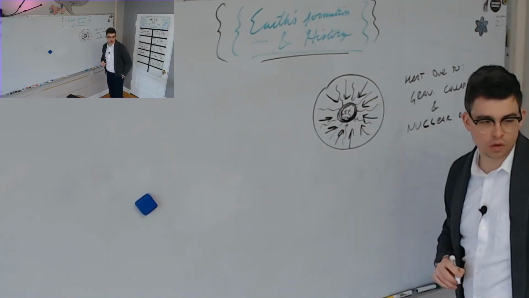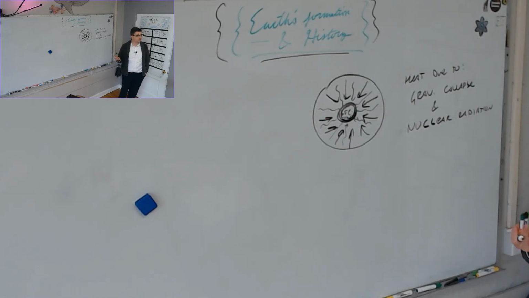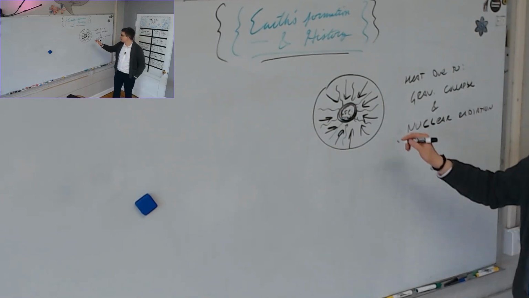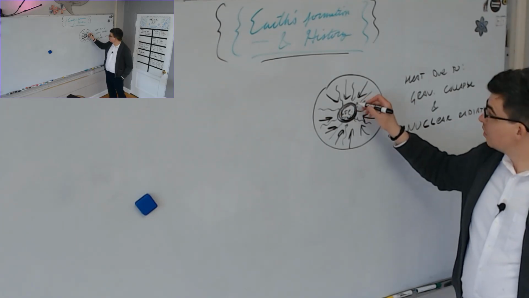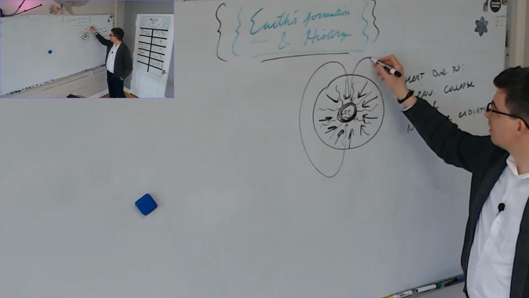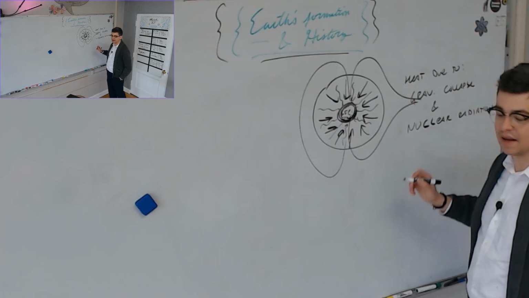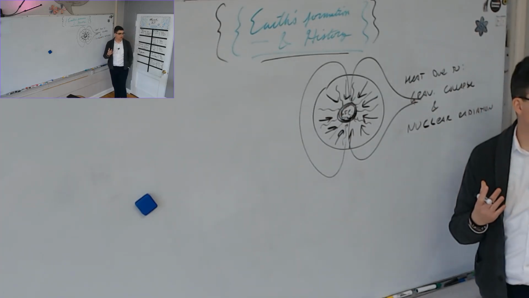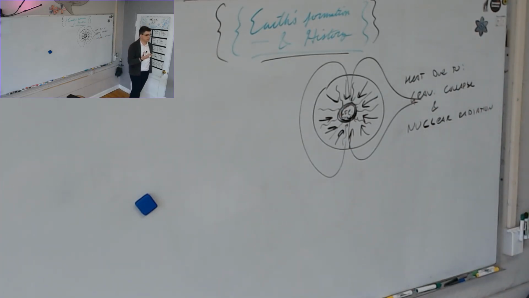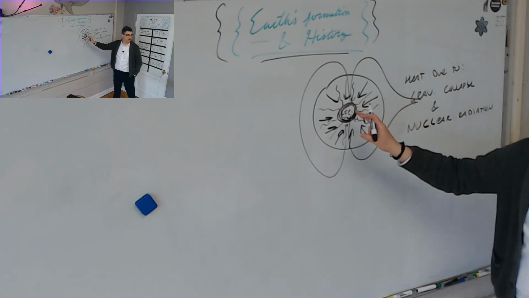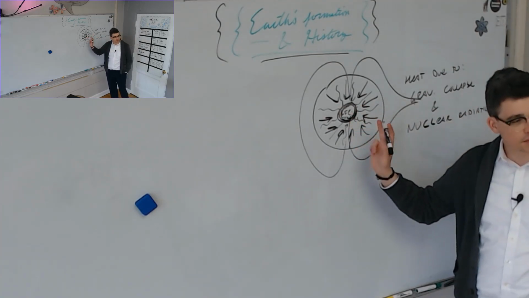How do I know Earth's core is iron and nickel? I know because I read it. How does someone know that Earth's core is iron and nickel? Because of Earth's what? That only exists due to iron and nickel and the spinning of them. Earth's magnetic field. The magnetic field that exists around Earth means that something about Earth must be iron and nickel because they are ferromagnetic. And so one piece of evidence that Earth's core is iron and nickel is that, and the explanation for it